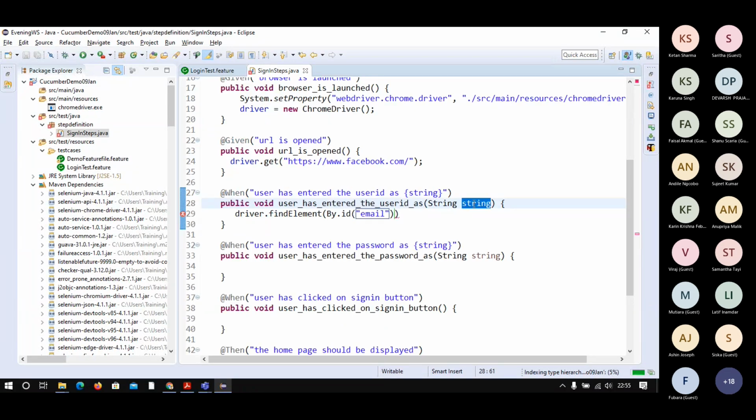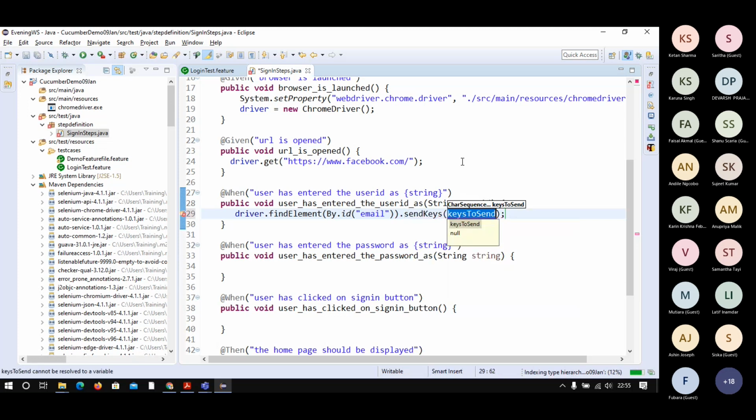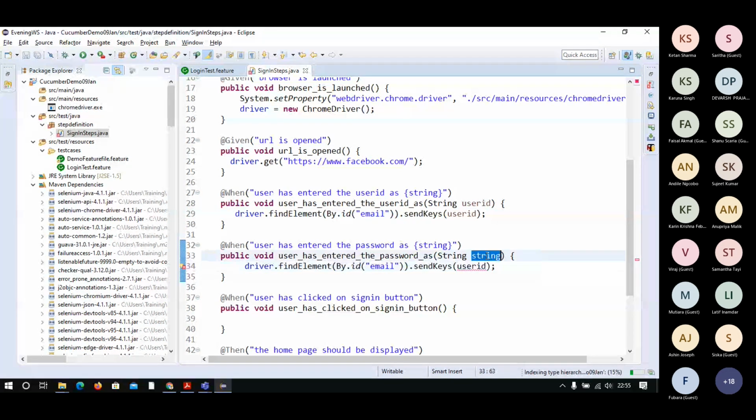So I will give the variable name as userID, dot sendKeys, and the user ID I will pass here. Then same, I just copy this and paste here, because for password it is almost the same. Password.